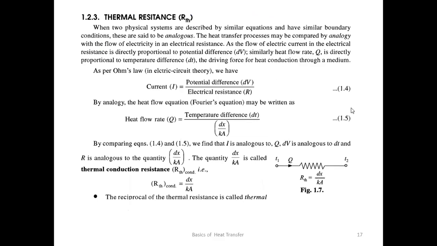Okay, and this is the last slide in which we are making an analogy between the electrical as well as thermal resistance. Electrical resistance we have already studied. We know that Ohm's law is nothing but potential difference is equal to current into resistance, electrical resistance. This is another way of writing Ohm's law: current is equal to the ratio of delta V to R, electrical resistance. Now this formula we have seen.